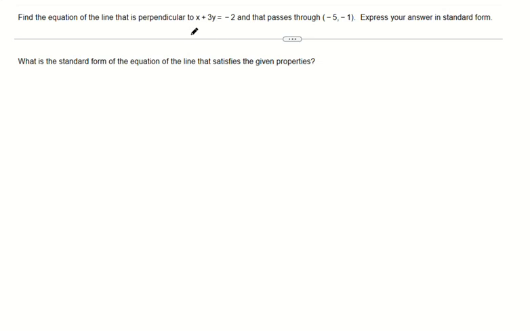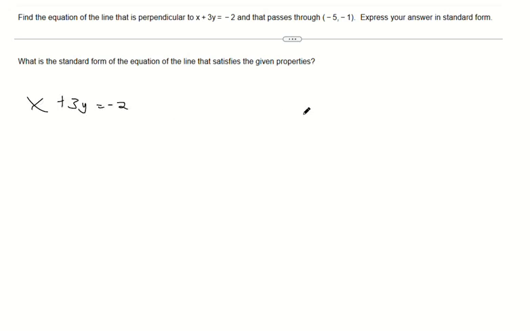We're asked to come up with the equation that's perpendicular to this one. And we can pause right there. To find something that's perpendicular, it needs to have the flip of the slope and the opposite sign. In other words, we've got to figure out what the slope of this is, and then we can identify what the perpendicular slope is. So before we even read on, let's take this equation,